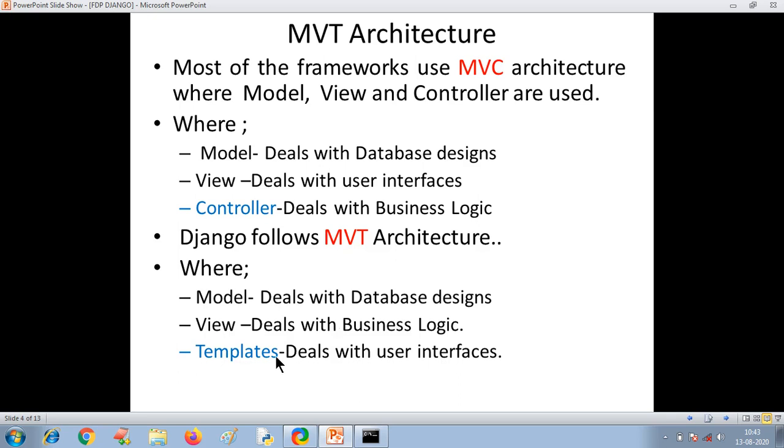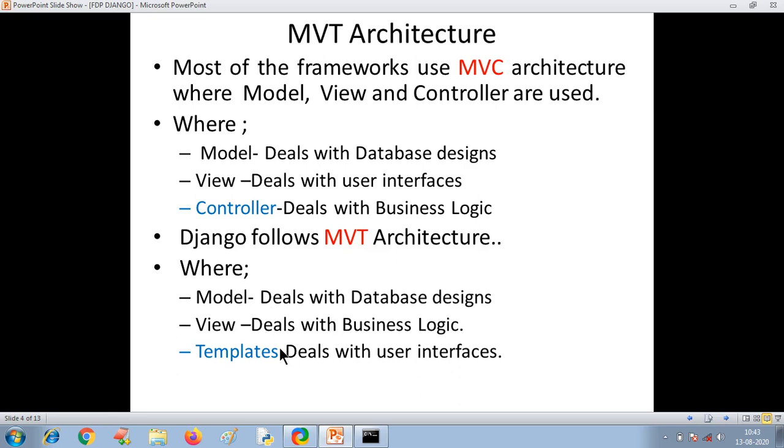And templates deal with the user interfaces. You need to use HTML, CSS, JavaScript, or the forms concept of the Django framework here to get the user interface. So this is called your MVT or MTV architecture. So Django follows this MTV architecture.